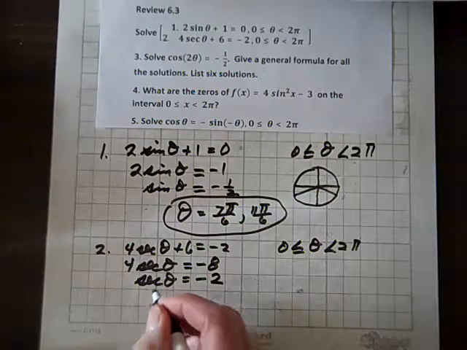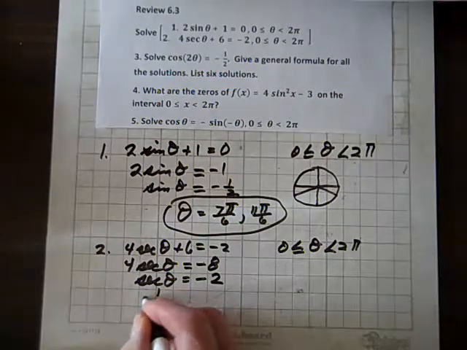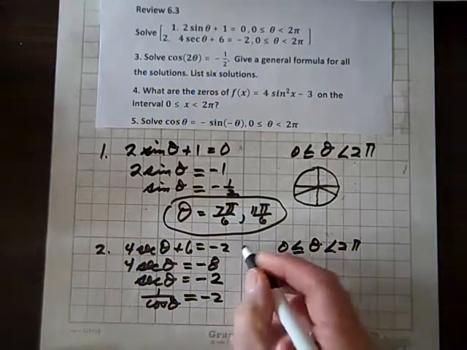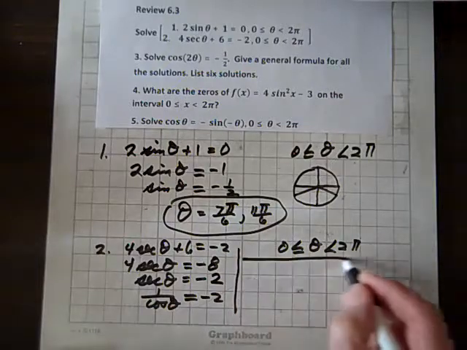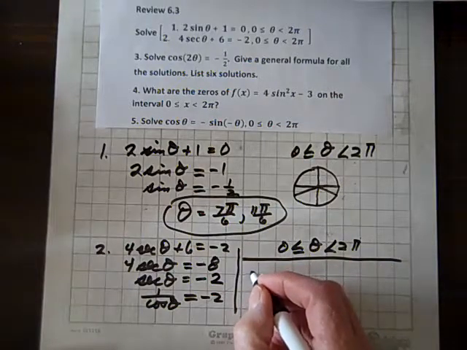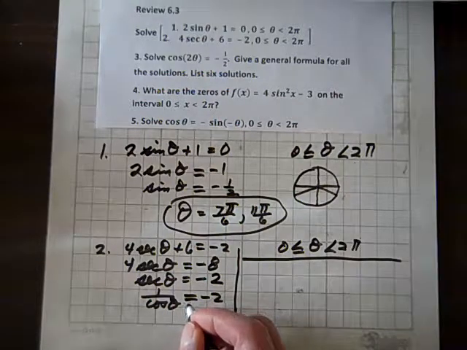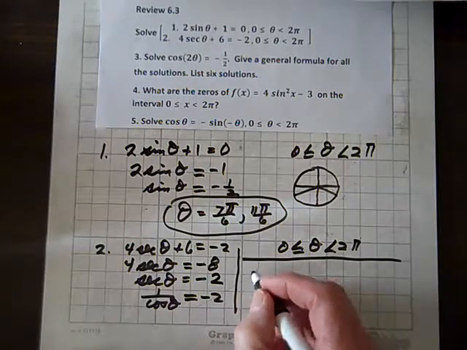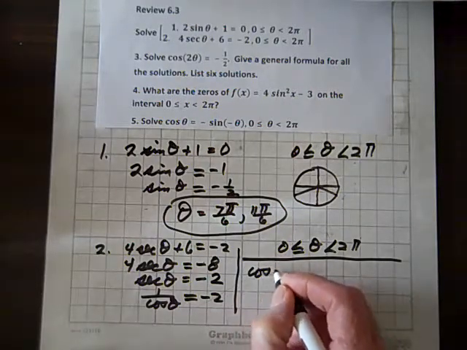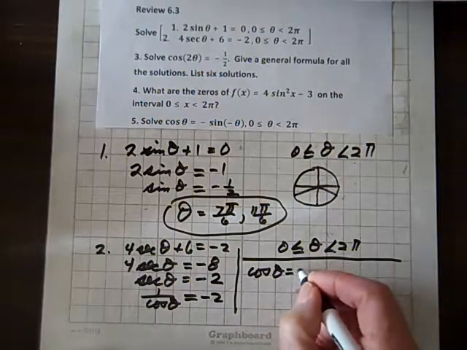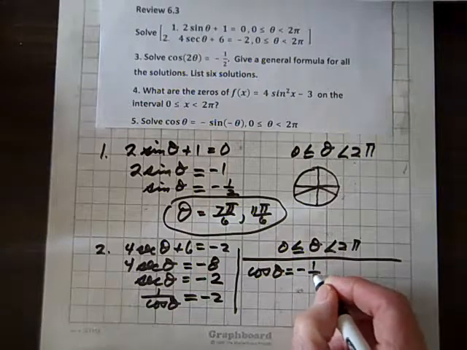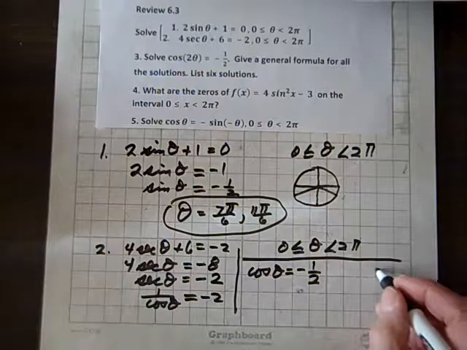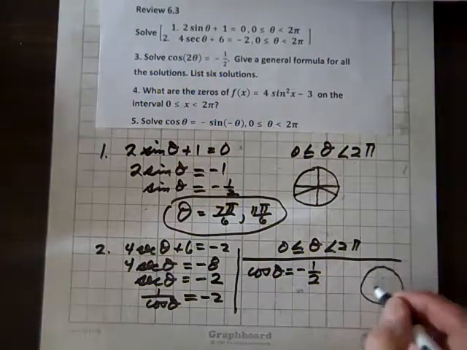So now I'll replace secant theta with its identity 1 over cosine of theta equals negative 2. And now we'll work right over here. So therefore, if we multiply both sides by cosine of theta over negative 2, we wind up with cosine of theta equals negative 1/2. Little algebra there. And so on the unit circle,